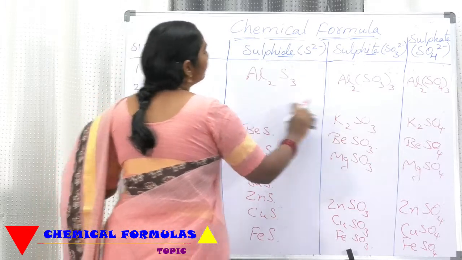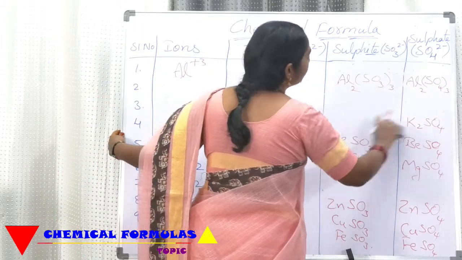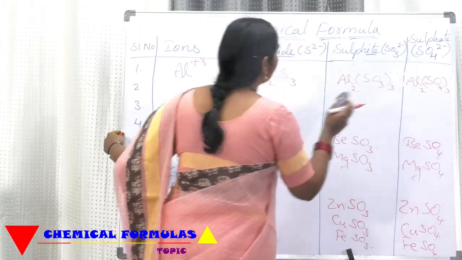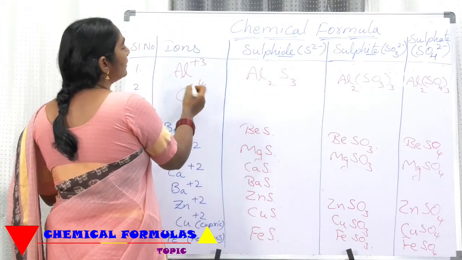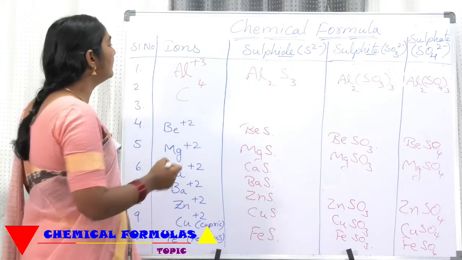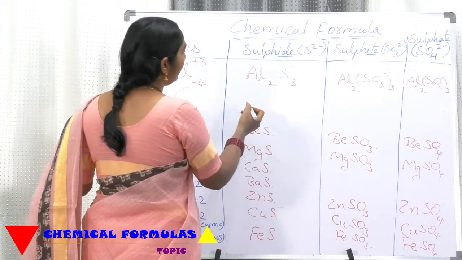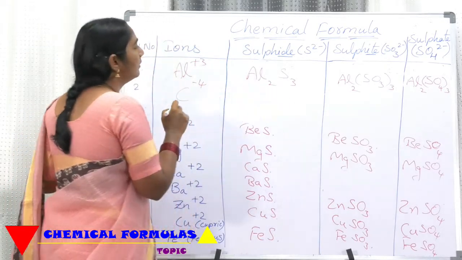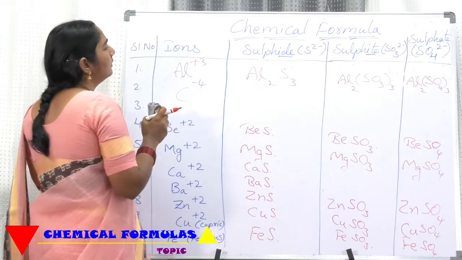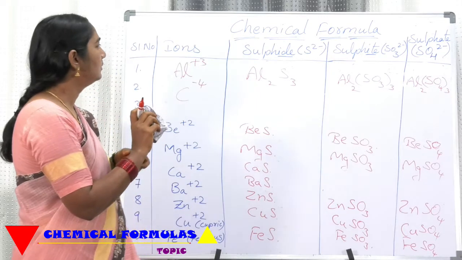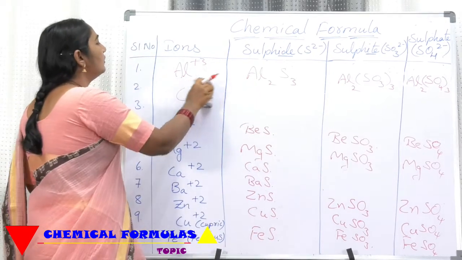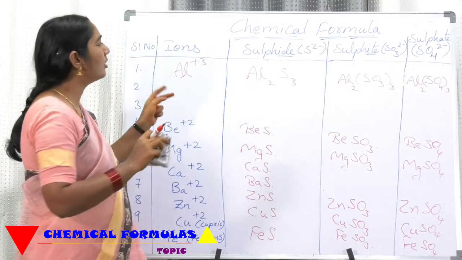Carbide, because the valence is 4. Let us take one example of carbide, because already we have seen the valency of carbide is minus 4. Okay, 4 is the valency. Now see. Okay, generally we don't come across all this. Okay, let us stop with here.